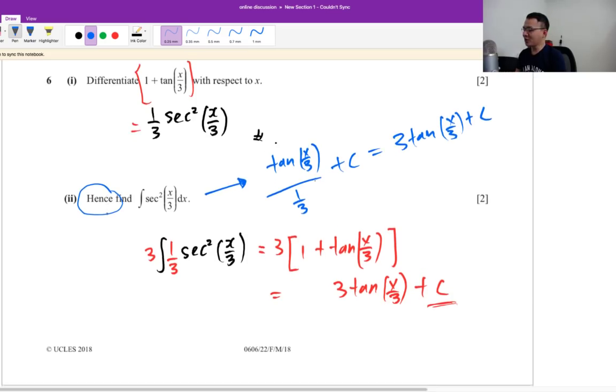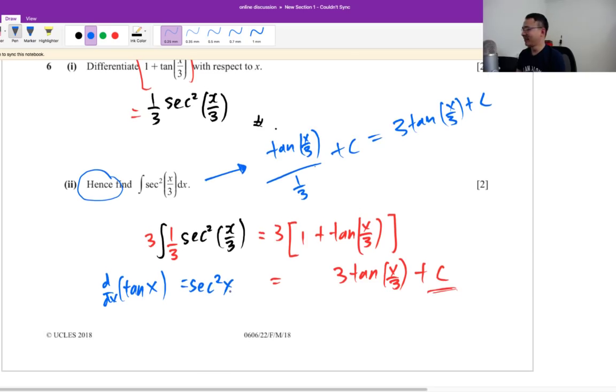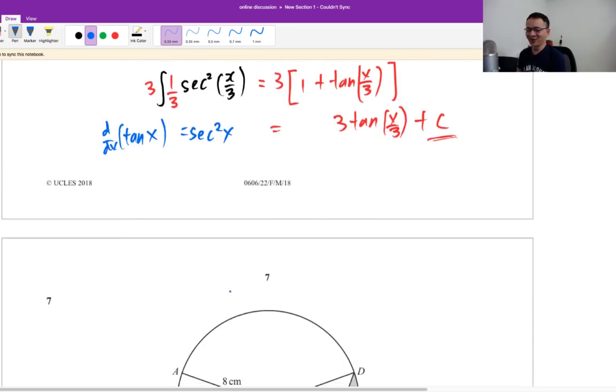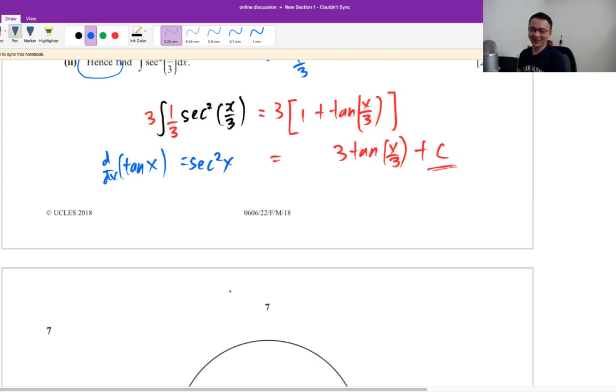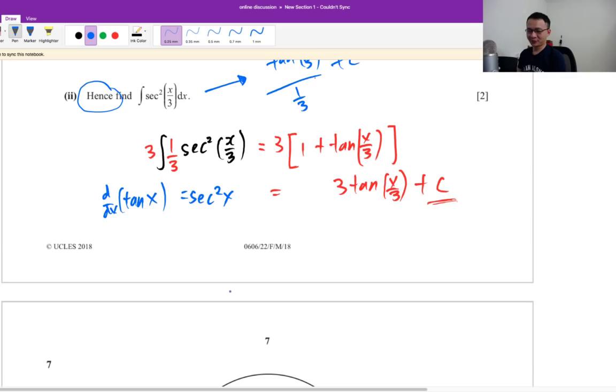Why is it secant square? This one you have to sort of remember. Differentiate tangent x, you will get secant square x. If you want to know why, it will be a very long topic. You can go to YouTube to search why tangent will give you secant square. It's a very long topic. Alright, so